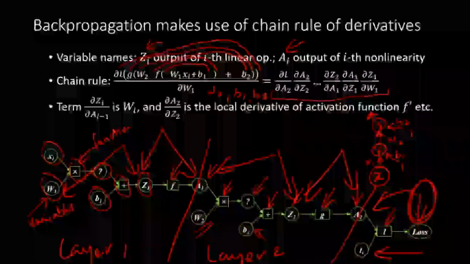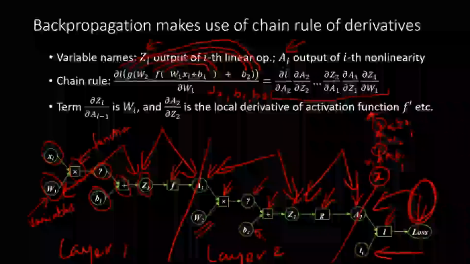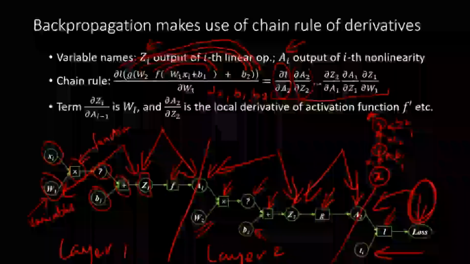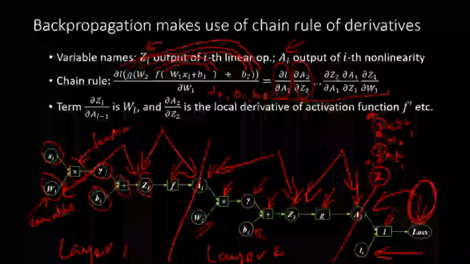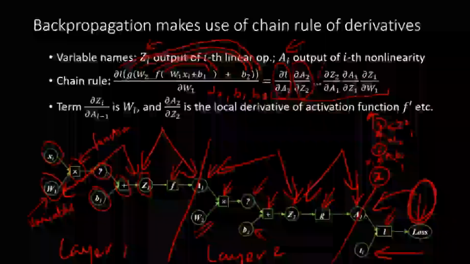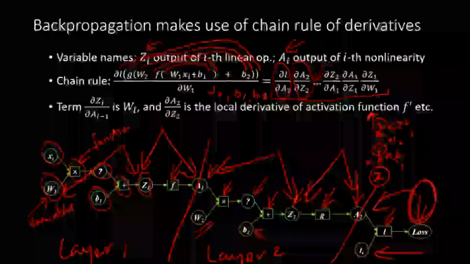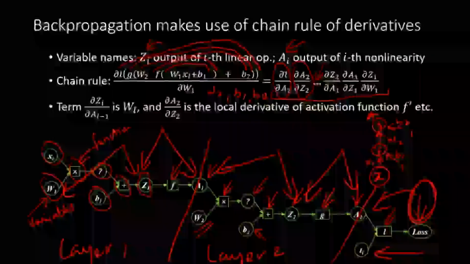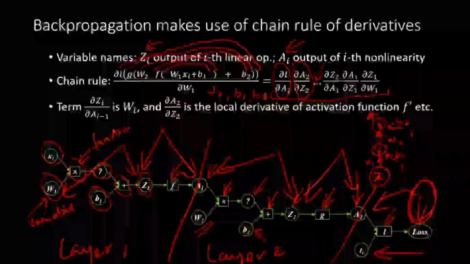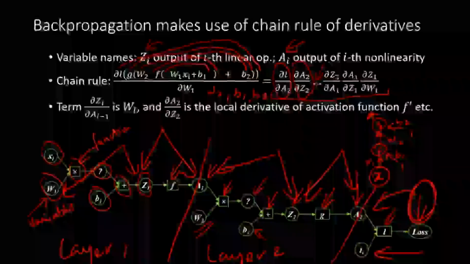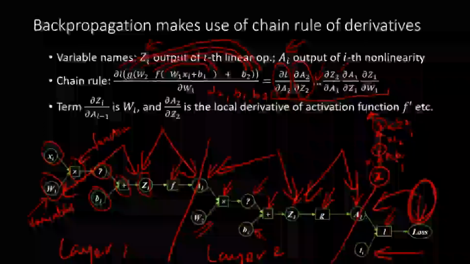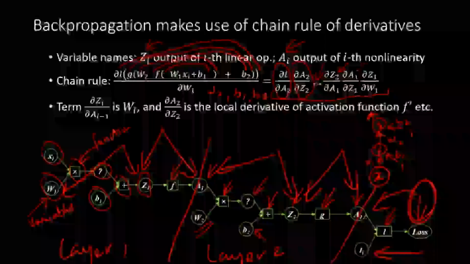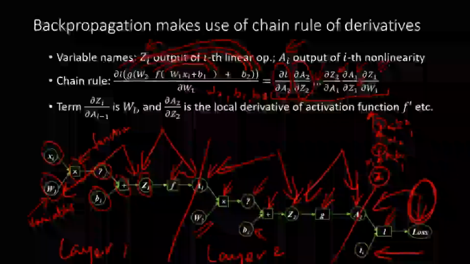We have the nearest variable to L, which is A2. We will compute that derivative, and then we will compute the derivative of A2 with respect to Z2, and then dot dot dot. I introduced some dots in case it was not A2 but AL, some large number of layers. Here we have only 2 layers, but what if we had 4 layers or 5 layers? Then this series would have continued, and finally we would have del of Z2 with respect to A1, then A1 with respect to Z2, and then Z1 with respect to W1.